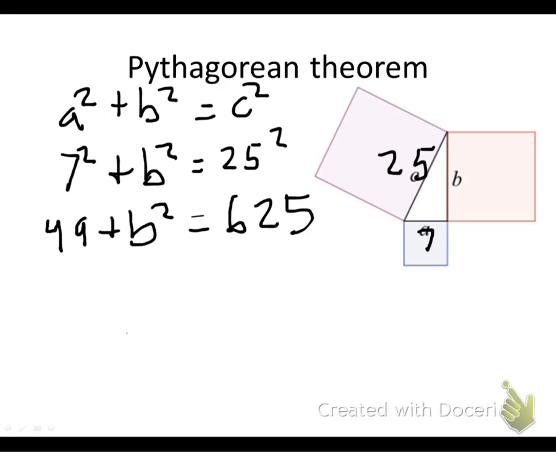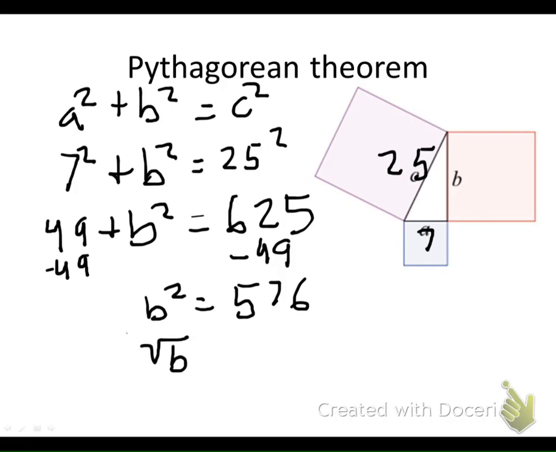Now I need to get B alone. I see that 49 on the same side as the B. To get rid of that positive 49, subtract 49 from both sides. So B squared is going to be equal to 625 minus 49, which is 576. I want B. I don't want B squared, so I've got to take the square root of both sides. Square root of 576. This is where your calculators come in handy to do the square root. Okay, so B is equal to the square root of 576, which is